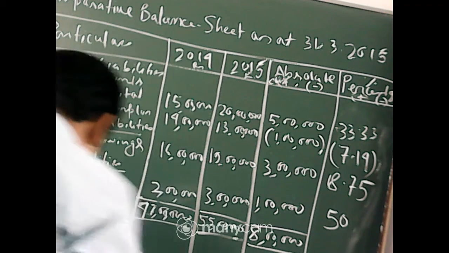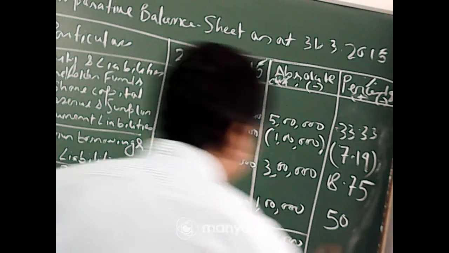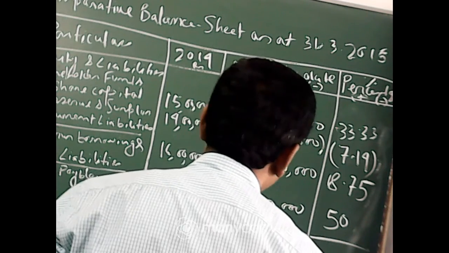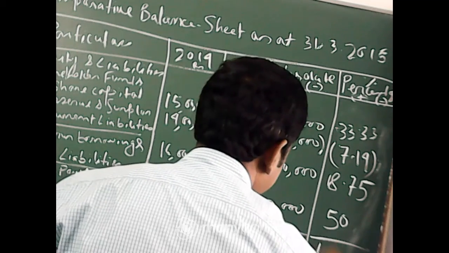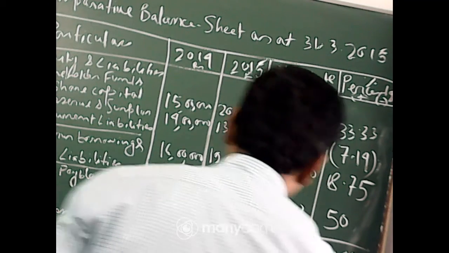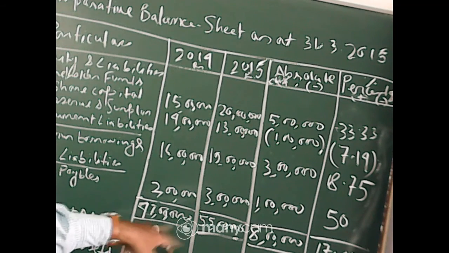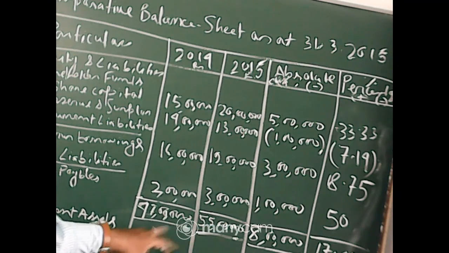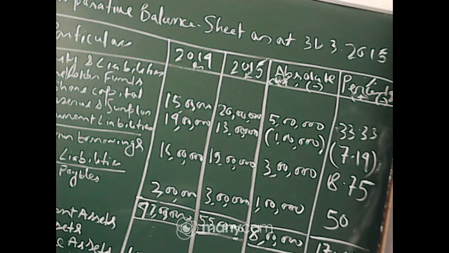So what is actually happening? You have to make a total. That is 17.02%. How does this come? This comes from 8 lakh divided by 47 lakh into 100, 17.02. This you can also calculate, 8 lakh divided by 47 lakh. So the total change is 17.02. You can easily find. Okay.